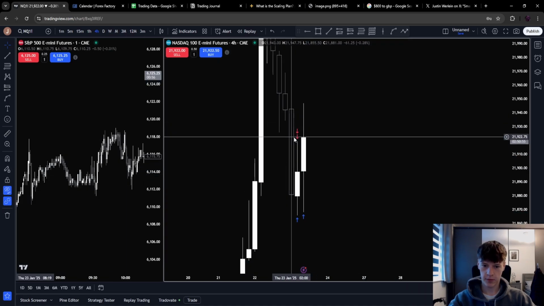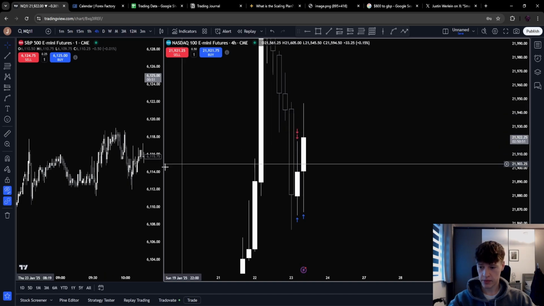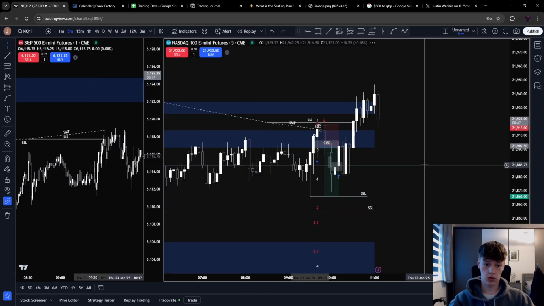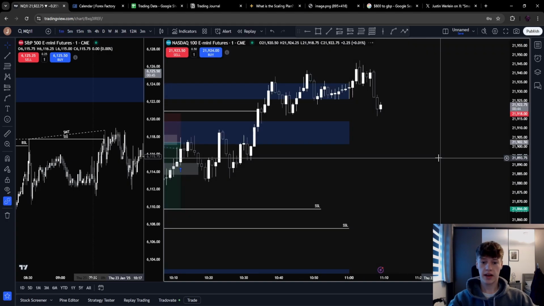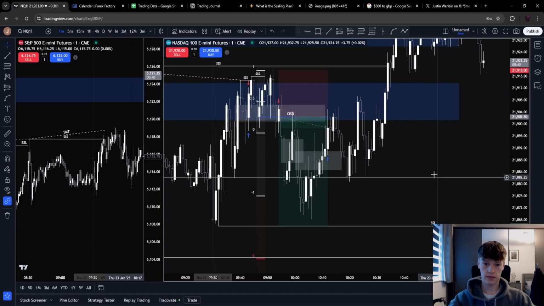We are filling this 4 hour imbalance now, which was created at 10 a.m., and we are now filling it. But again, it's not in my concern as I took my one trade that I was confident in. And yeah, now, obviously, I risked $300,